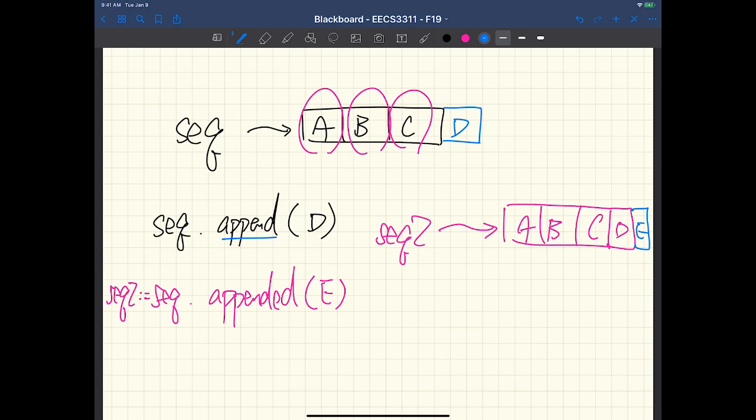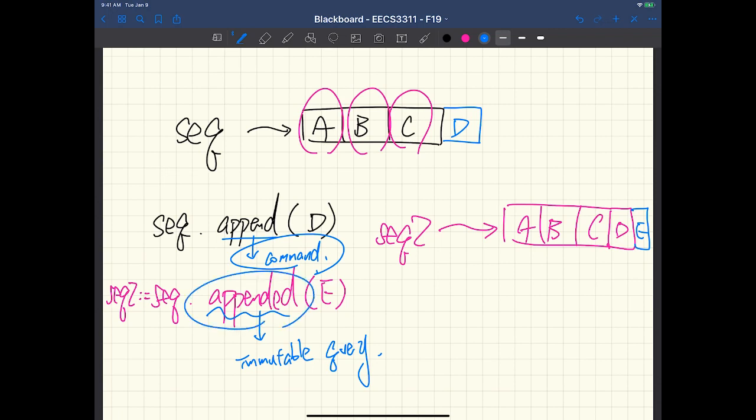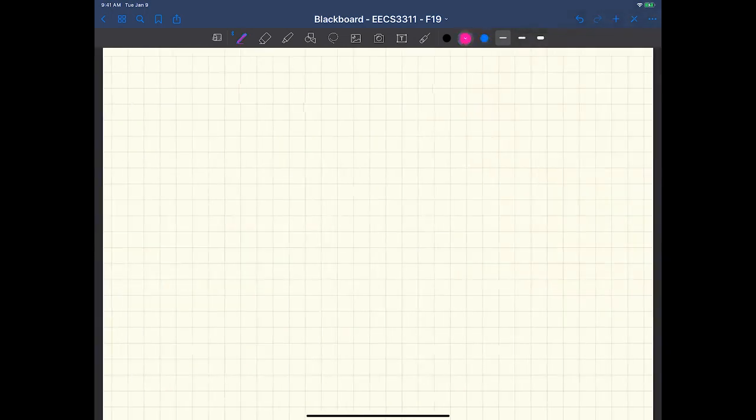Correct. Appended, we also call it an immutable query. So you will see many instances of this in the math model classes. Appended over here is the so-called immutable query, and this one here is just a command. Typically, you will use the command in the context of the model in order to build the model, using a loop, for example. And then use the immutable query in order to write contracts. Okay, so let me write it down. You will see that in the slides anyway. So in your math models library,